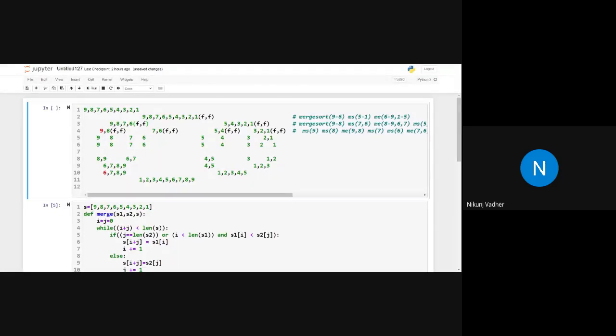And I asked you one question: what is the time complexity of the divide and conquer algorithm? The answer was log n, which means it will be logarithmic. Why?